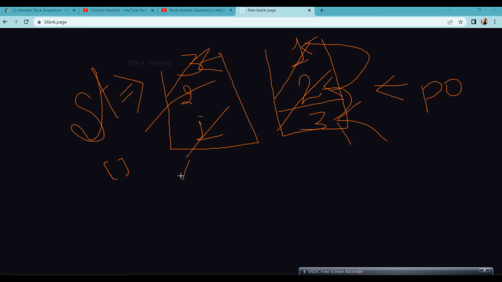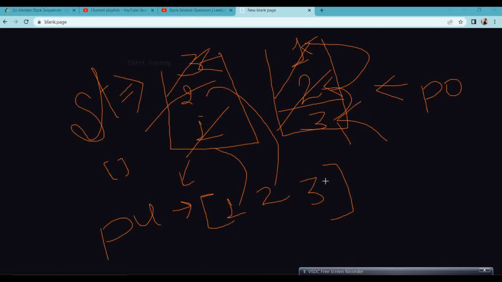And for that, what was the push stack? The push stack was 1, 2, 3, and the popped stack is 3, 2, 1. So that's why I have inserted 1, because 1 is not equal to 3. 2 is inserted here because 2 is not equal to 3. Now I need to insert the 3 here. Now as I found 3 is equal to 3, now my logic will be